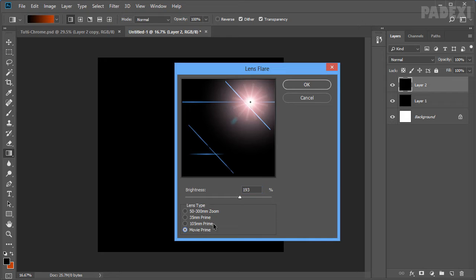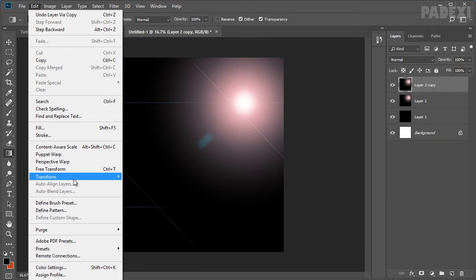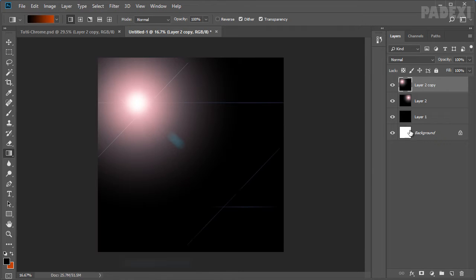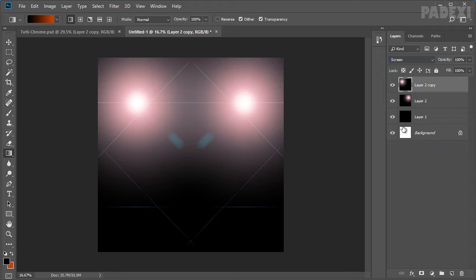Make sure movie prime option is selected and brightness is set to 193. Adjust the hotspot if required and click OK.